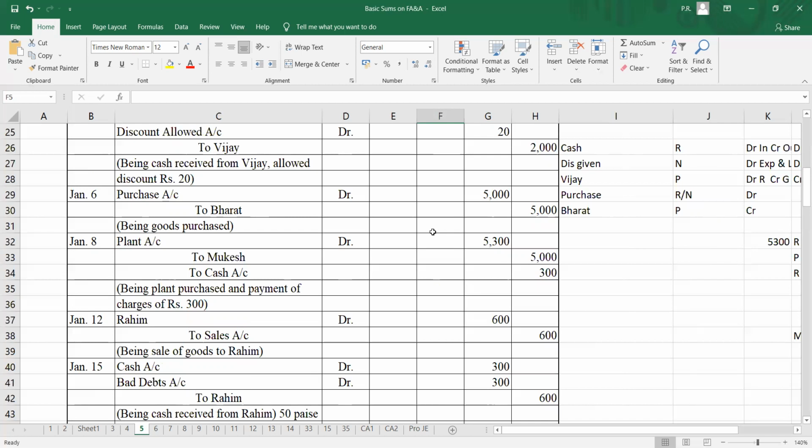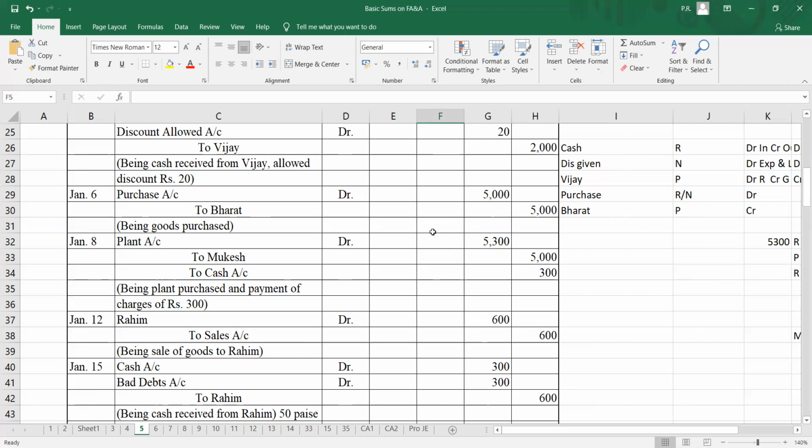Now whenever any amount is spent in such a way that it will help us to use the capital asset or the long-term asset, then that amount would be added to the cost of asset. We call this capitalization of expenses. Again, whenever any expense is made that helps us to use the long-term asset, then it is added to the cost of the asset. Now this doesn't apply to every day's expenses. So if you do a small repair, that repair will be an expense only. It will not be added to the cost of the asset.